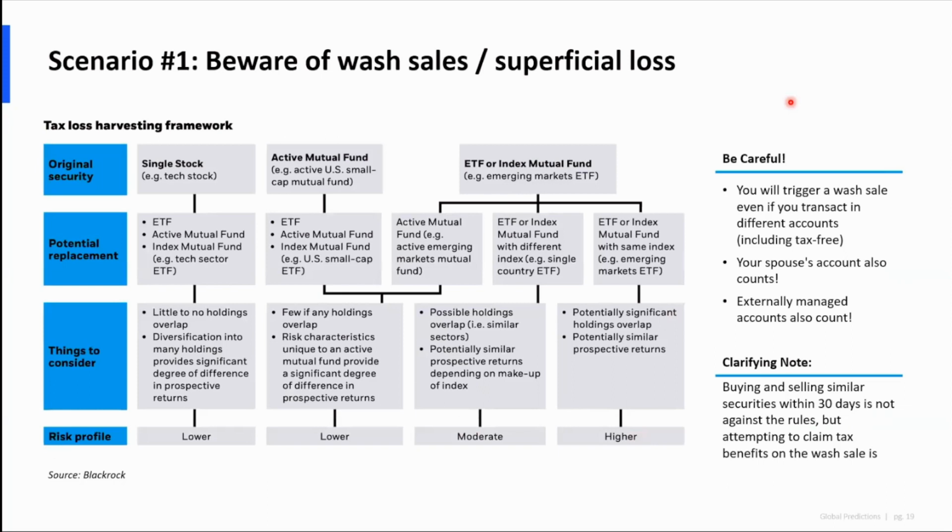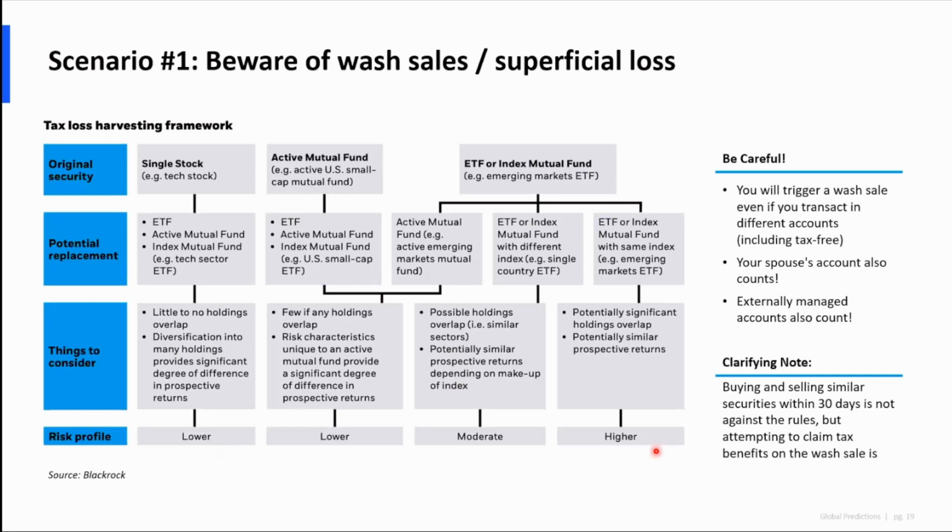So this is a framework from BlackRock, and I think it's relatively reputable in terms of how you base your decision making. The key thing to know is that the IRS and the CRA are somewhat vague about what actually counts as a wash sale or a superficial loss. One way to think about it is that some securities have very low risk, in an audit or something like that, of actually triggering a breakage of the rule, and there are some potential swaps that have higher risk.